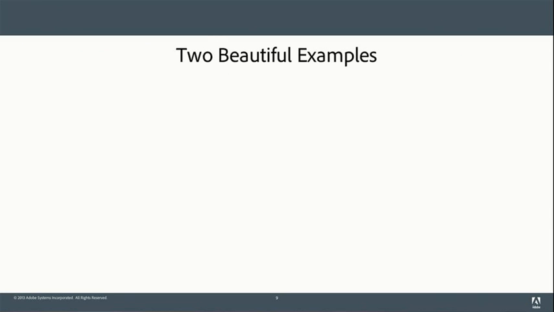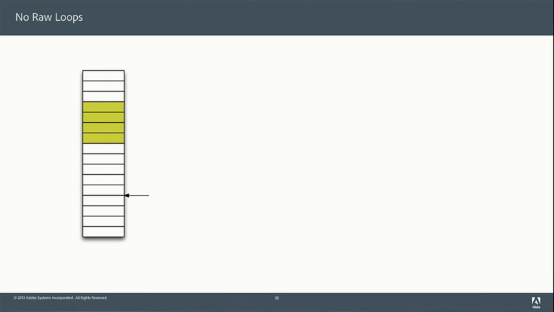So I want to give two beautiful examples, because a lot of times when I talk about writing code with no raw loops, people come to me and say, well, I never write algorithms, and I never use algorithms. And I look at their code and it's like, well, you've got a bunch of for loops. Oh, but they're simple for loops. Half a page. A lot of people don't know their algorithms and they don't recognize it.